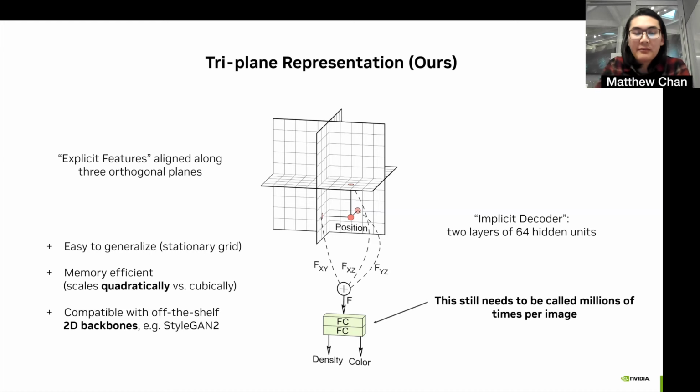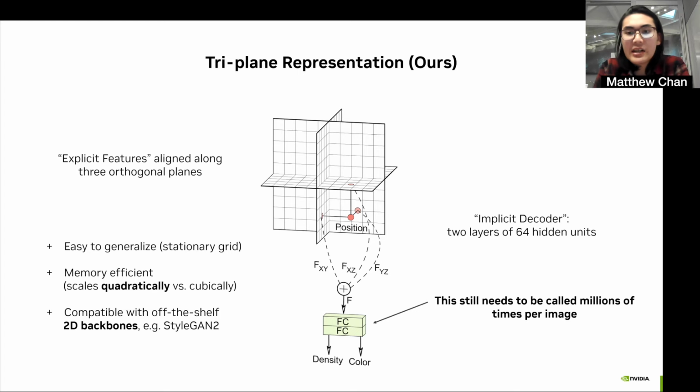And we combine that with a very small MLP, this little green box at the bottom, which is actually only 2 layers, and which is designed to decode the positional information into spatial density and color. To note, we still must run this decoder equally as many times, so 600 trillion times per image in many cases, but because it's so much smaller than the original MLP, the cost of doing so is dramatically decreased. This triplane architecture also brings a good number of nice benefits to the table.